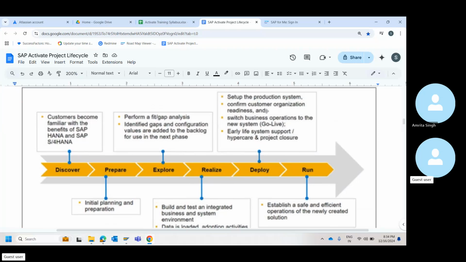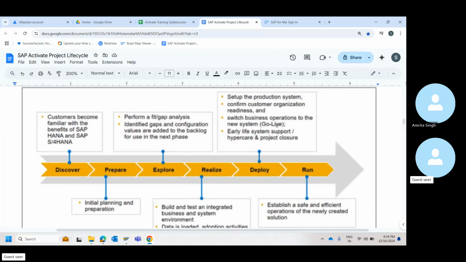So they have to be trained well. All the infrastructure that is necessary for them on the shop floor, their laptops, and the laptops should have the GUI or Fiori. The Fiori links should be in their laptops. All this infrastructure readiness and customer readiness should be taken care of.